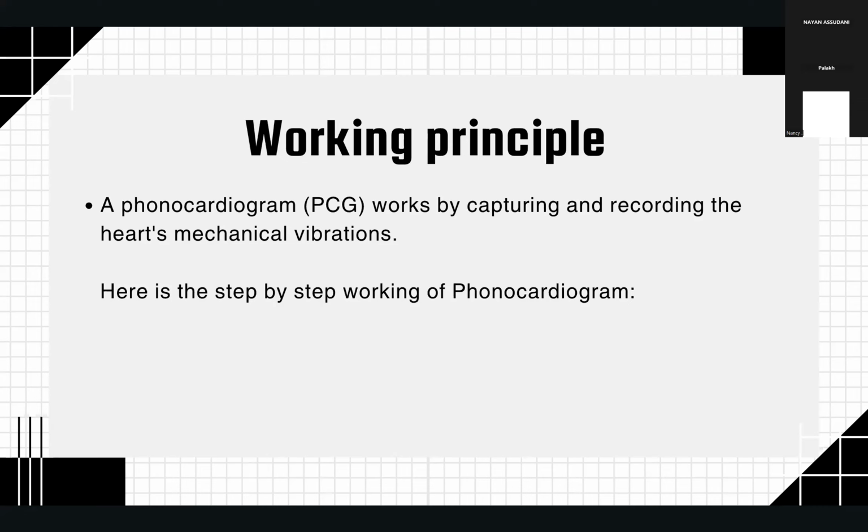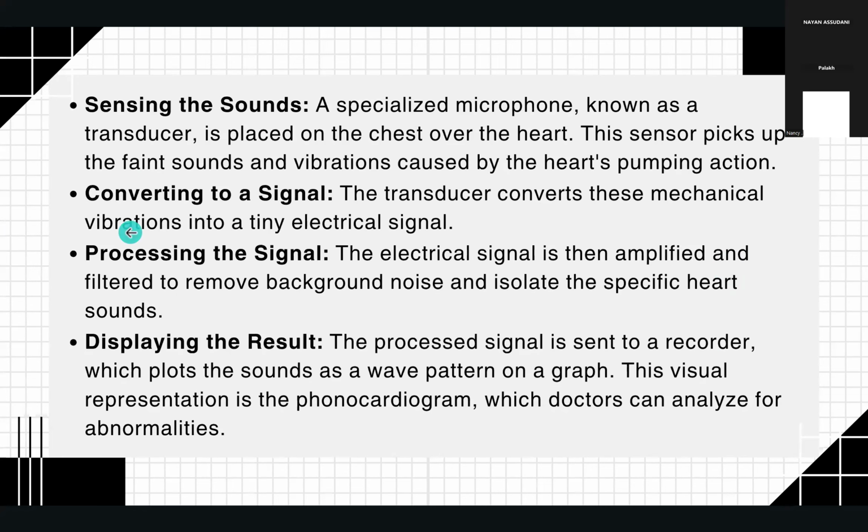For capturing these sounds, we have different kinds of sensors. The first one is the piezoelectric sensor, which is also called the crystal sensor. The crystal sensor is like a pressure microphone. When it gets squeezed by the vibration, it creates a small electric charge, which is very sensitive to even faint heart sounds. Then we have the dynamic coil system, which is like the old-school mic, in which a little coil inside it moves in a magnetic field and produces electricity. This is great for robust signals.